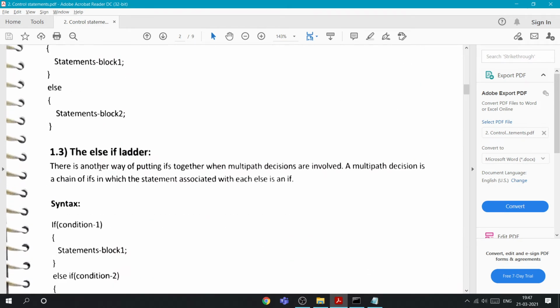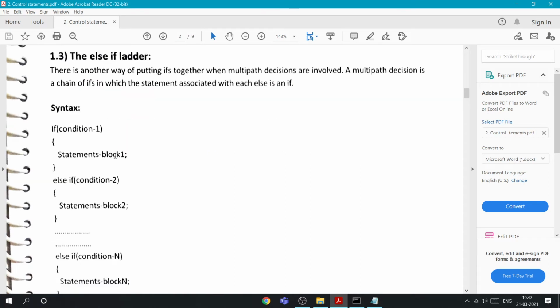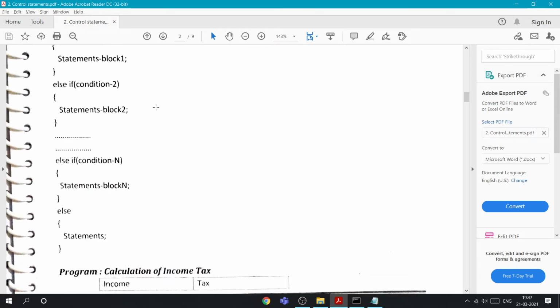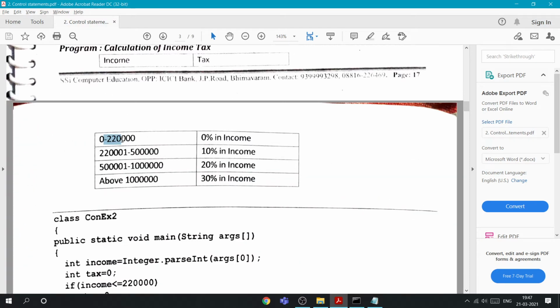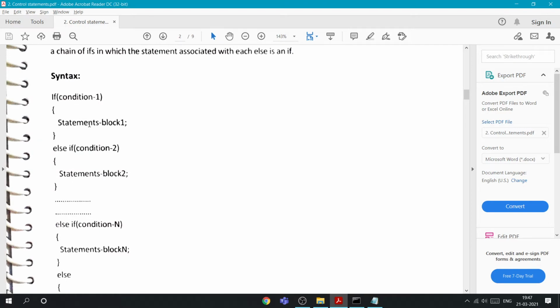Now the else if ladder. The else if ladder is used if there are more than two conditions. For example, if it is from 0 to 2,20,000 or from this range to this range, so multiple ranges, then we go for the else if ladder. It's the same thing: we write a condition and write a statement.